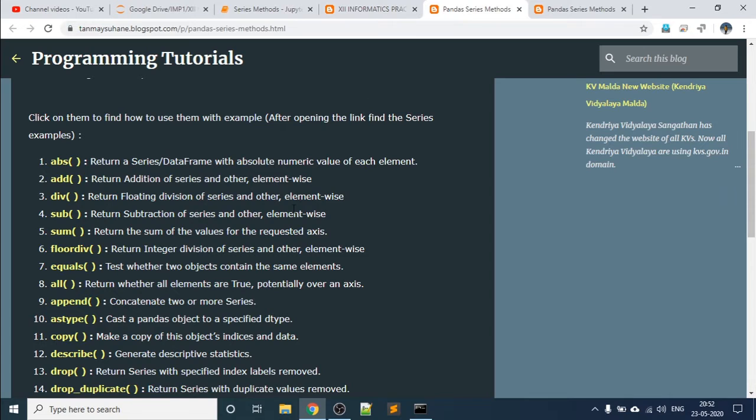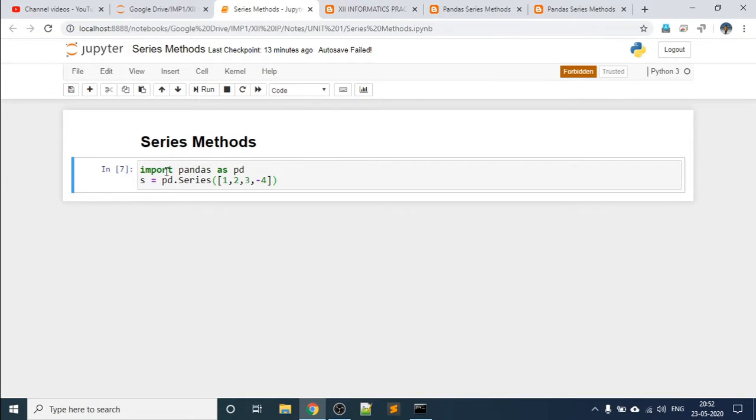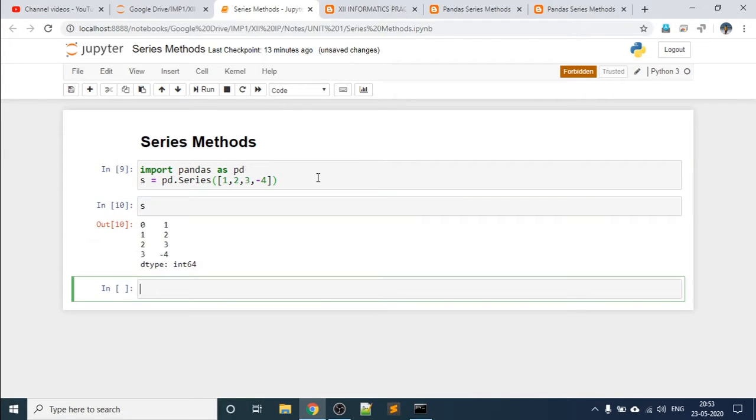So this is the list of methods. We will learn these methods one by one today. So let's start with the ABS method. I have created one data structure, a series, here. It is made up of a list that contains 4 numbers. So S is a series, and I can use the ABS function. ABS is the absolute method,